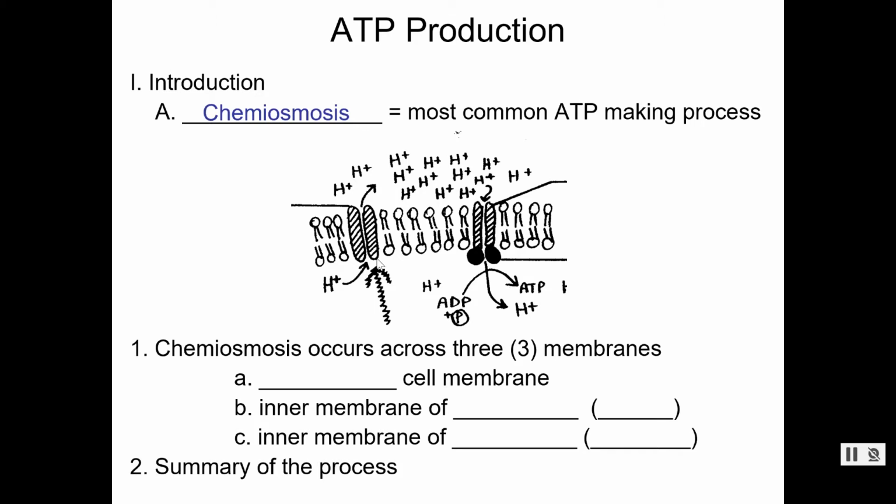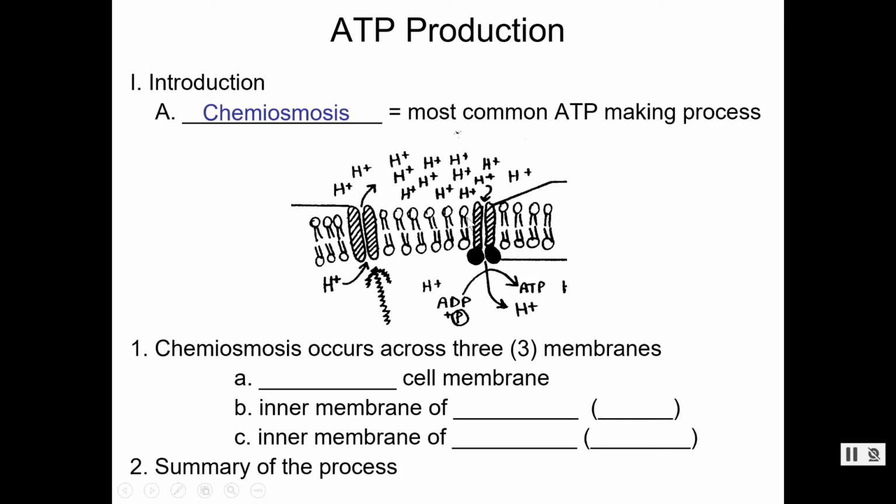Okay, so things I hope you noticed were these circles and tails, which mean a phospholipid bilayer. This is a membrane, a cell membrane here. That's kind of the science abbreviation for those hydrophobic tails and hydrophilic heads. The tails go together away from the water. This is inside the cell. This is outside the cell.